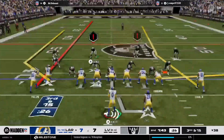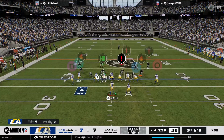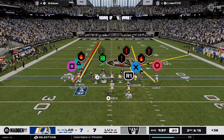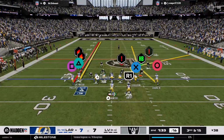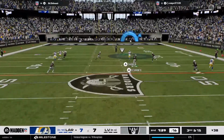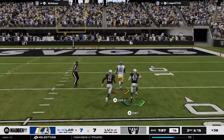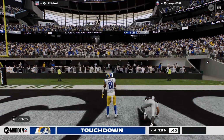Back-to-back running plays, putting them in negative territory. What can they do coming up on 3rd and 15? Looking to throw. Hunter. And he'll let this one go deep for Chark. And he'll get into the end zone. Touchdown,